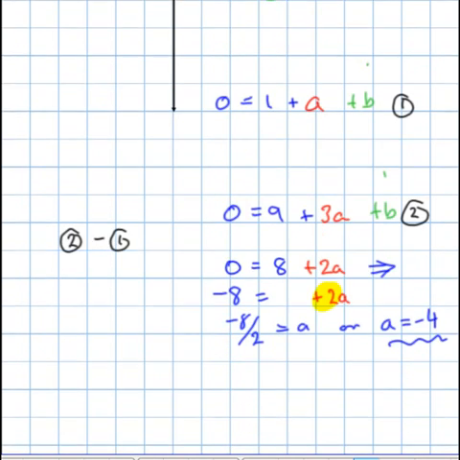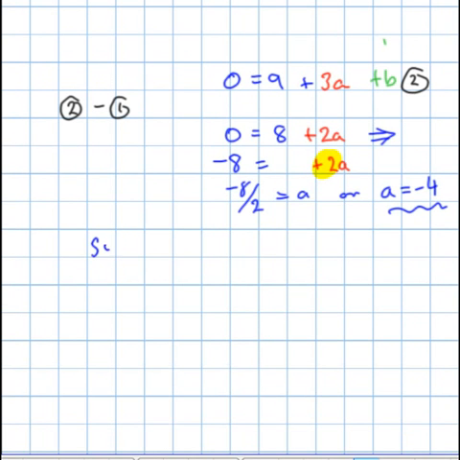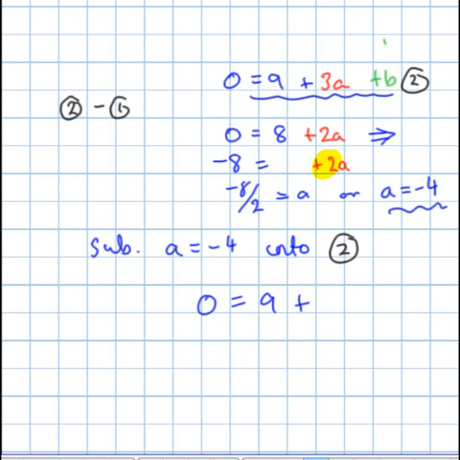Now, how do I find out what b is? Well, I substitute. Remember you work in simultaneous equations? Substitute a equal to minus 4 into equation, let's put it into equation 2. And what do I get? I get 0 is equal to 9 plus 3 times a, which is minus 4, plus b. Tidy that up. 0 is equal to 9 minus 12 plus b. In other words, 0 is equal to minus 3 plus b,